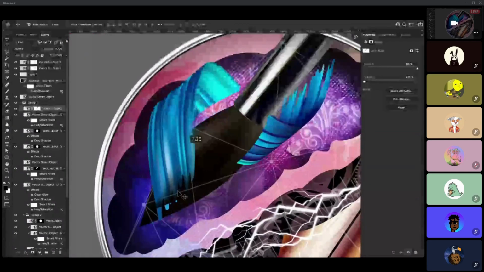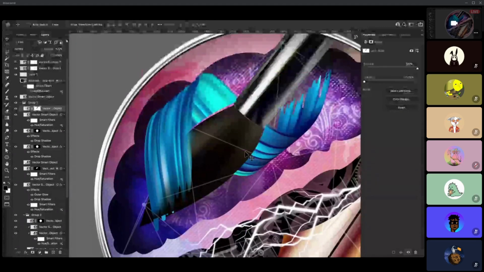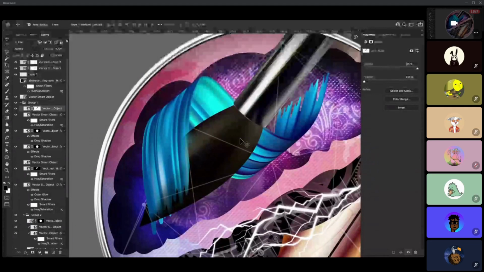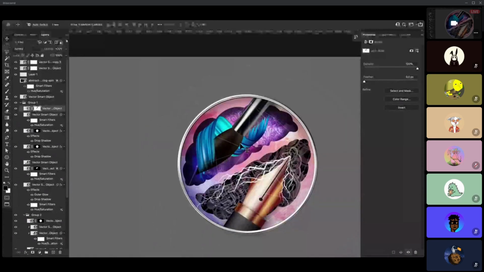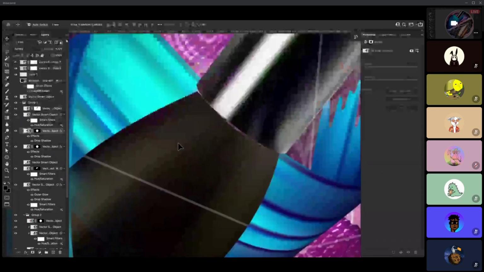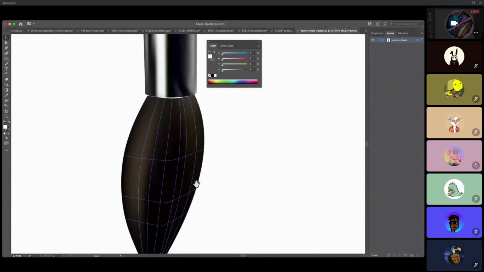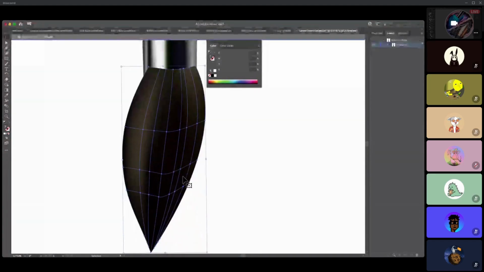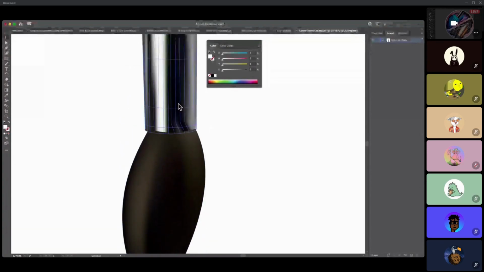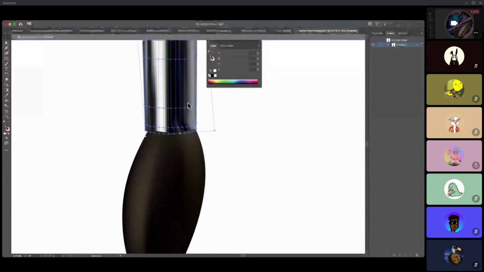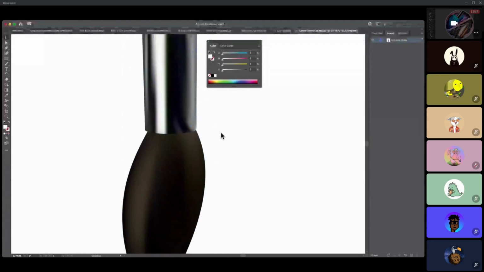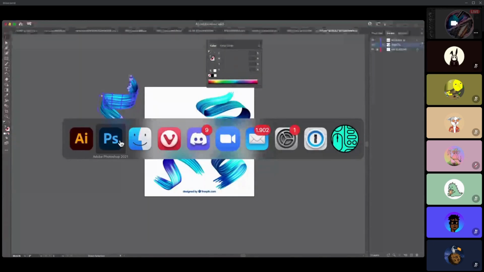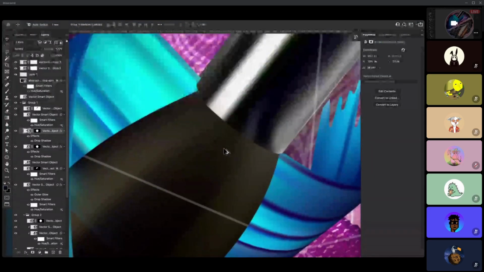At the same time, I want to create a certain feel like the brush has been attached to the paint at some point. But wait a minute, first I need to take care of this because as you can see there's a small gap and that is not good. So I double click here, I come to this place and I see what's going on. Okay, I just move it inside. I just move it like so, and I press Command S, I get out. And now it's fixed here, as you can see.